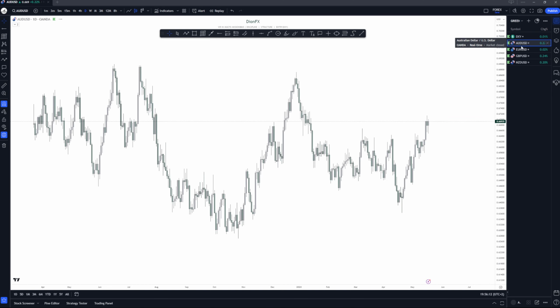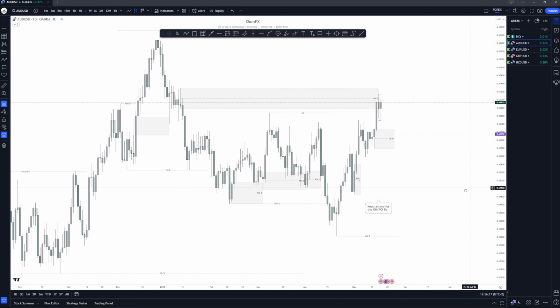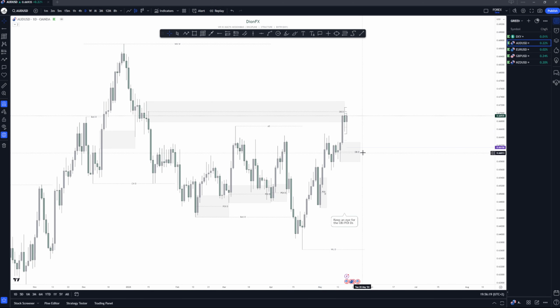Okay, so for AUDUSD, there's the chart that I'm having right now. We took out this high that we talked about last week. Price literally reversed from the place that we said it was going to reverse from, right? Literally from here to the upside. So if you were able to buy from these levels with your stop below here, then you should have made some kind of gains on your capital. But price literally went to that other block that we talked about. So coming into this week, after we have seen these liquidities being taken out, what I want to see is price come lower and come inside of this other block on the daily time frame.